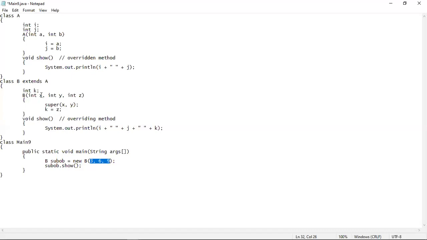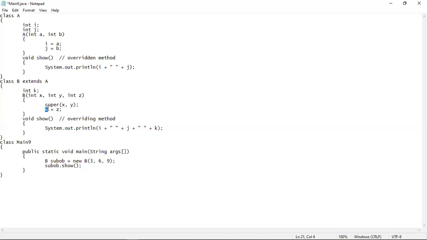That means 3 will be passed into x, 6 will be passed into y, and 9 will be passed into z. And then inside this constructor we have called the superclass constructor. So 3 will be assigned into i, 6 will be assigned into j, and 9 will be assigned